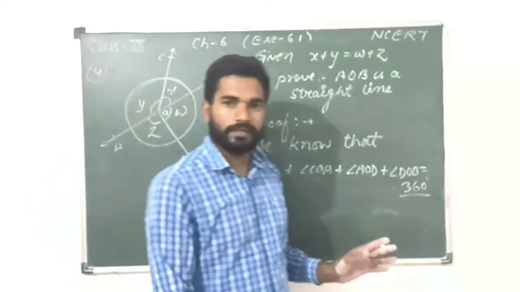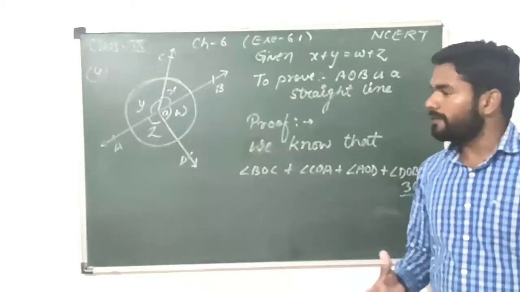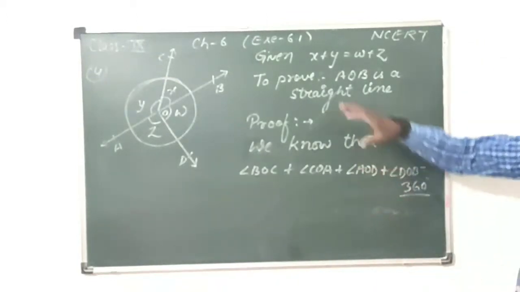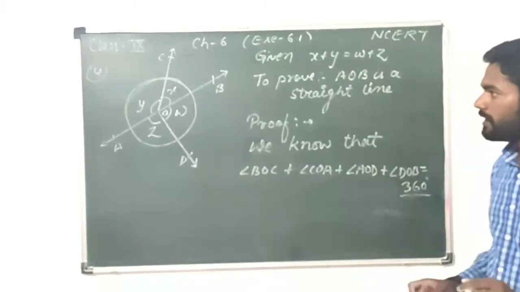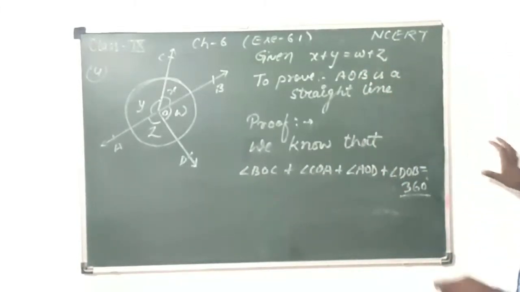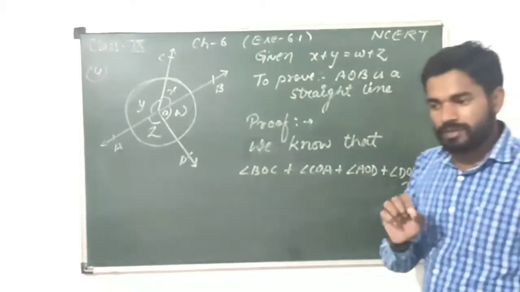I know how, I have practised, but in the beginning what will we decide for the question, how will we solve it, what we have to do, it is given here, but how we will do it, that is the important thing. So first we understand this. AOB is a straight line.